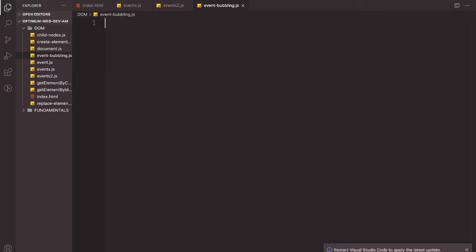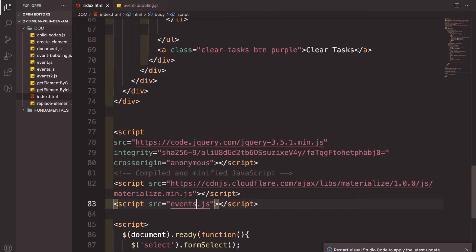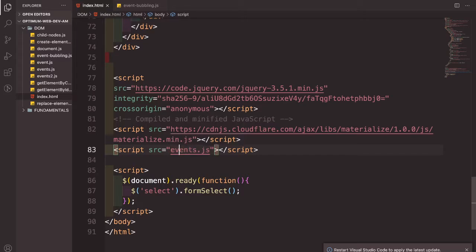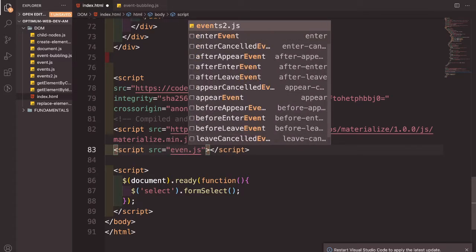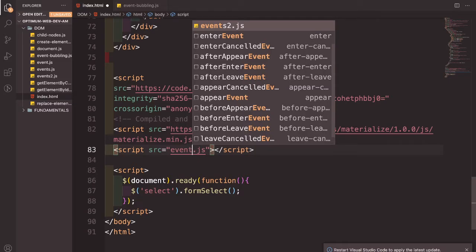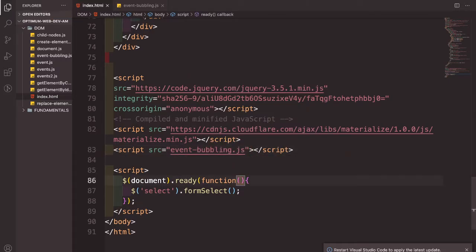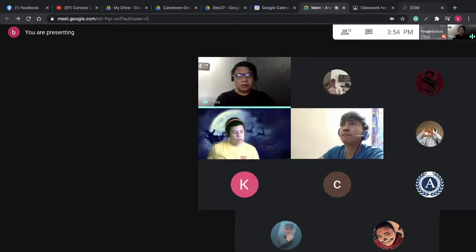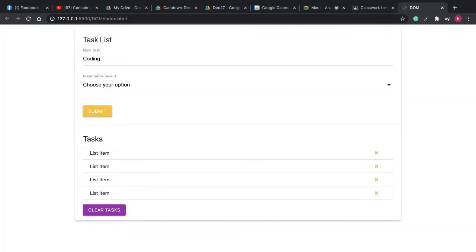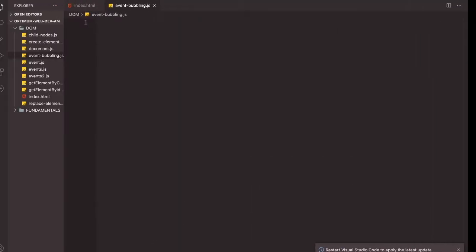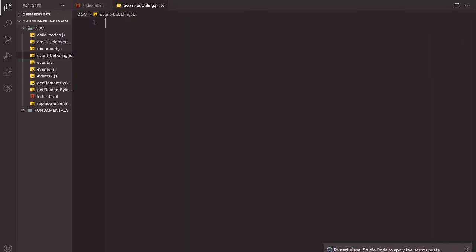Alright, so thank you. So, I created a event bubbling. Alright, so close ko na yung events and event. So, just make sure na this one will be changed into event-bubbling.js file. Alright. So, as you can see, mawawala na siya dito. Okay, so babalik siya dun sa pinaka-normal lang. So now,